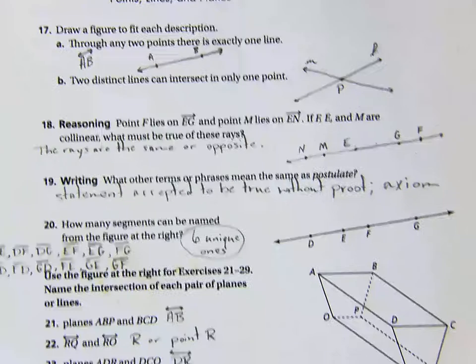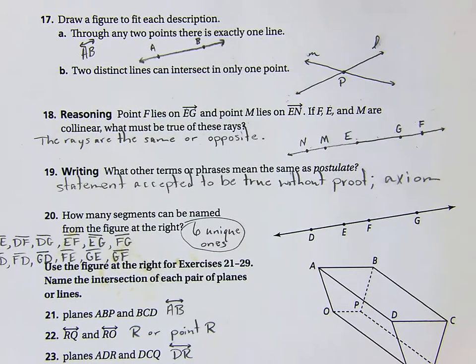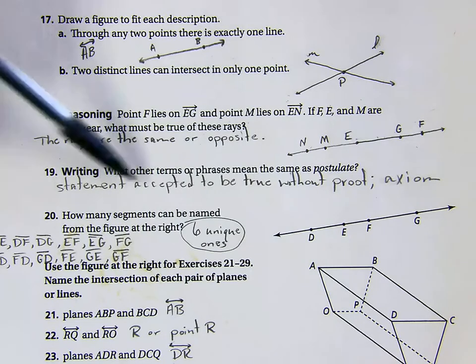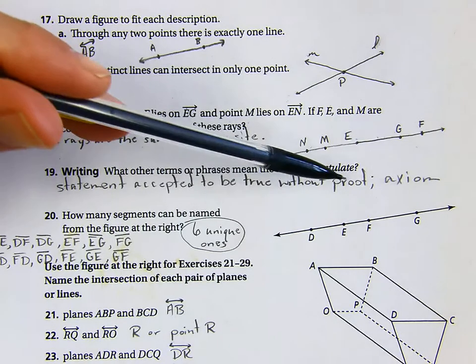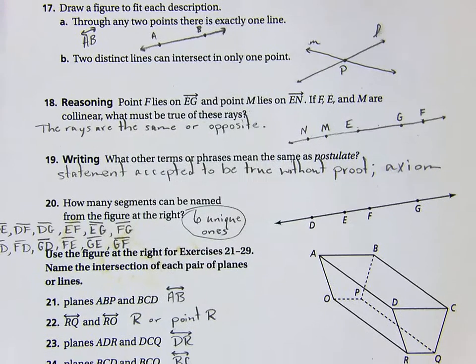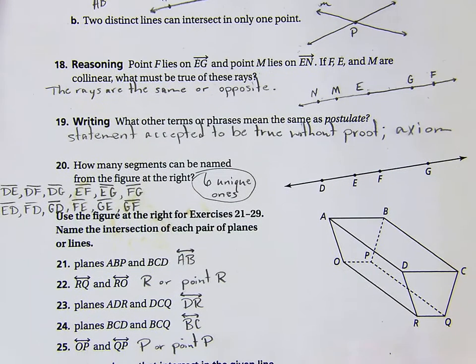Number 19 says, what other terms or phrases mean the same as a postulate? Well, a postulate is a statement accepted to be true without proof. An axiom is the other word that they use in the book. Next, number 20,